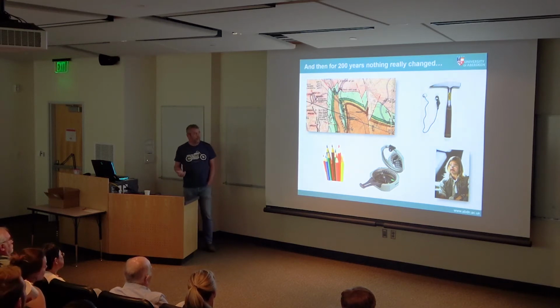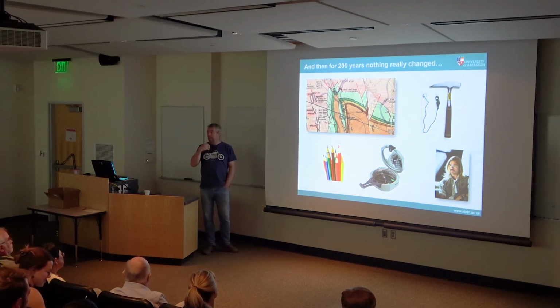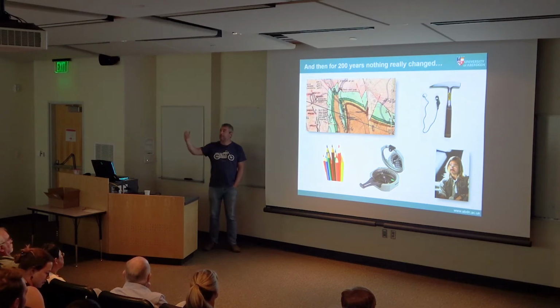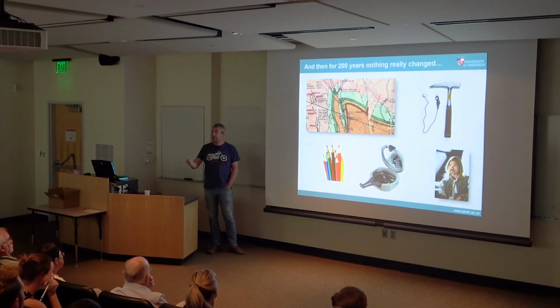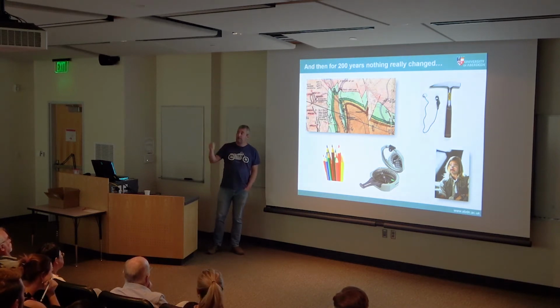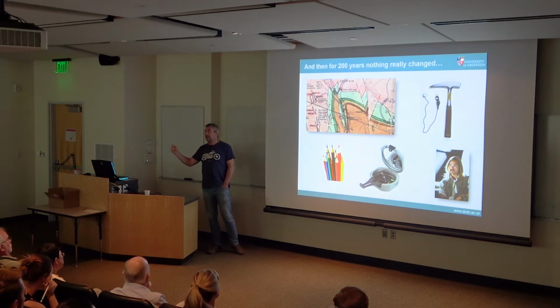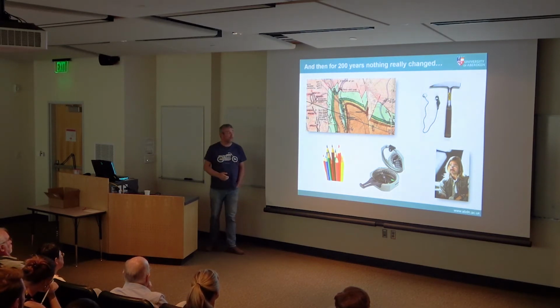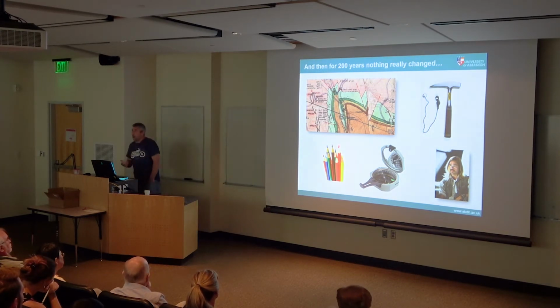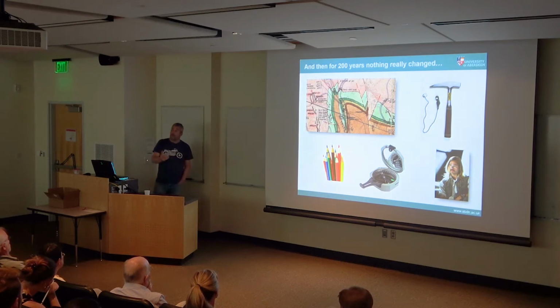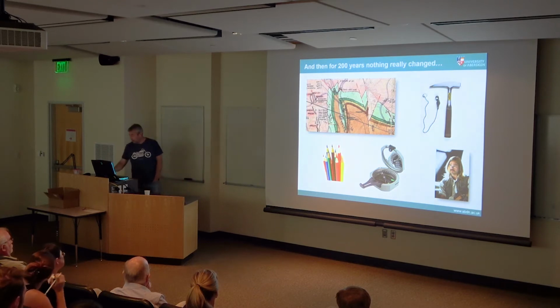When I was an undergraduate, and you probably still teach your undergraduates in the same way, you go out into the field with a paper map and a compass and a pencil, and you transcribe things onto the map, and then you color it in. That's basically what we've been doing for 200 years. Nothing has significantly changed. And what I would say is that the revolution we're going through now is the first time in 200 years that field geologists have fundamentally changed the way that we're working.